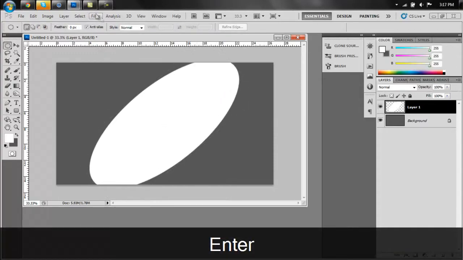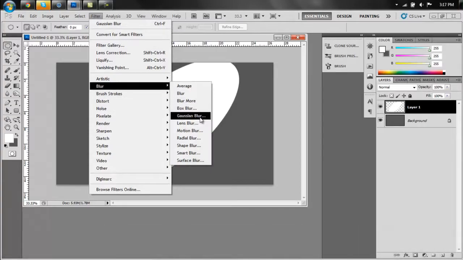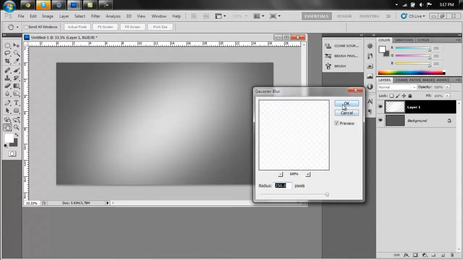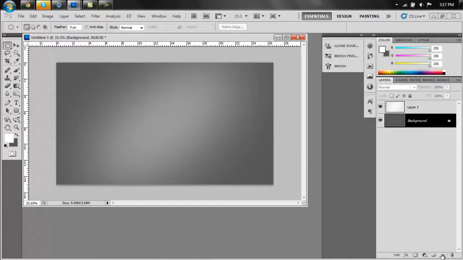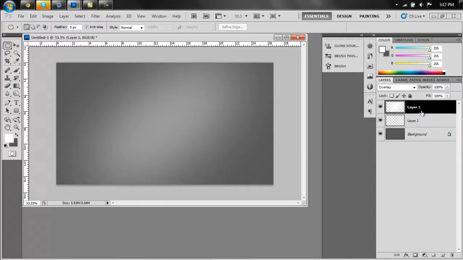Alright, that looks good. Now go to Filter, Blur, Gaussian Blur, and turn it all the way up, and blur it. Alright, now set this to Overlay. Now create a new layer in between that blurred layer and the background layer, and take out your text tool